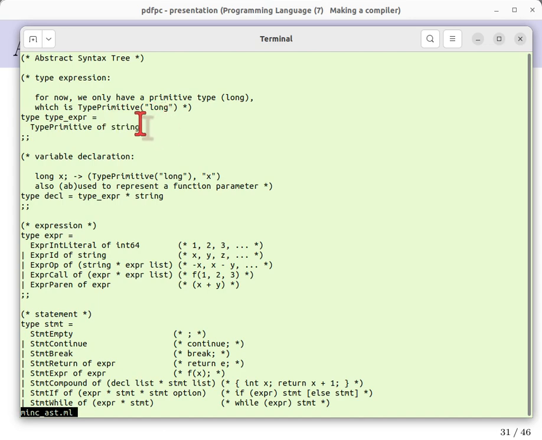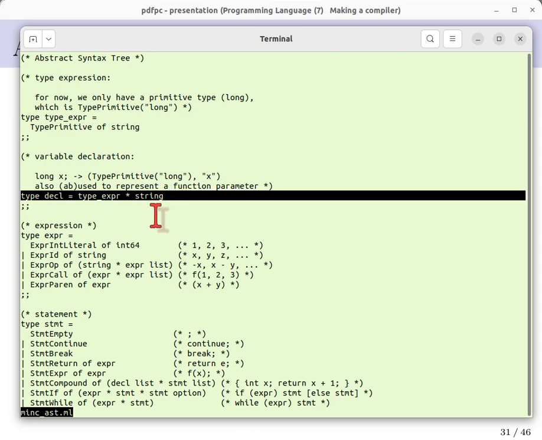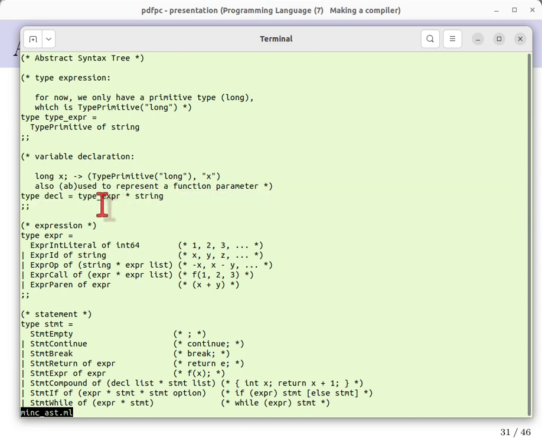But actually, the only type expression you ever have in the minimum subset of the C language is this type primitive long. And this is the definition of a variable declaration, which consists of the type of the variable and the name of the variable. This is the definition of an expression, which may be a literal constant integer expression like 1, 2, 3,